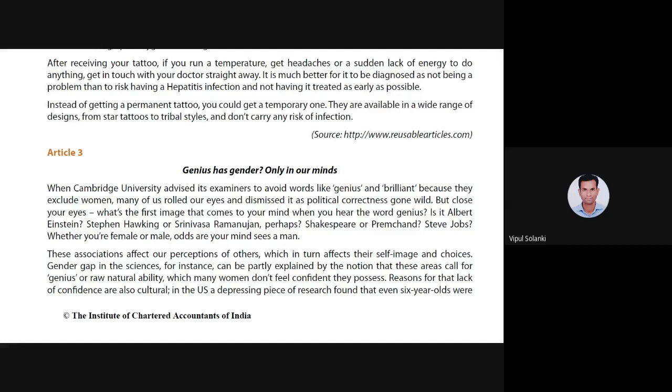Proper speed, proper tone, proper pauses. Gender gap in the sciences, for instance, can be partly explained by the notion that these areas call for genius or raw natural ability which many women don't feel confident they possess. Reasons for that lack of confidence are also cultural, right? So